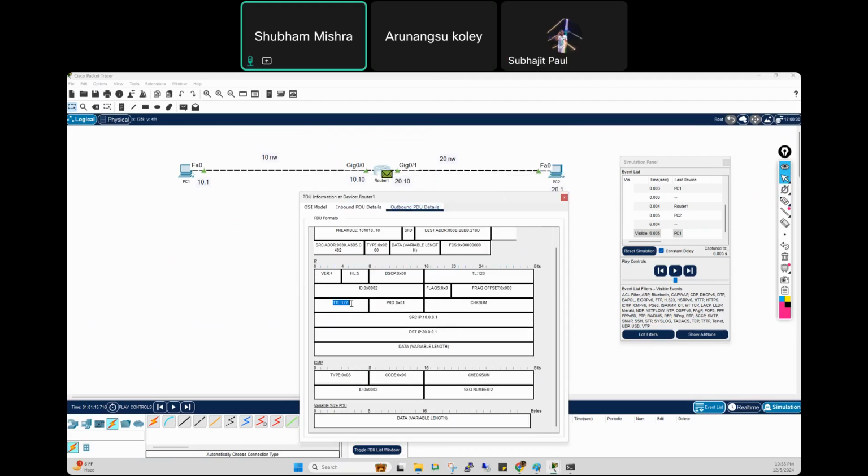फर्स्ट थिंग टीटीएल वैल्यू कितनी हो गई? 127. एक घट गई. एक decrement हुई ना everyone? Yes or no? I told you ना, whenever any